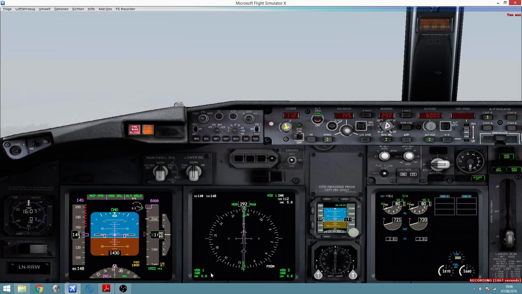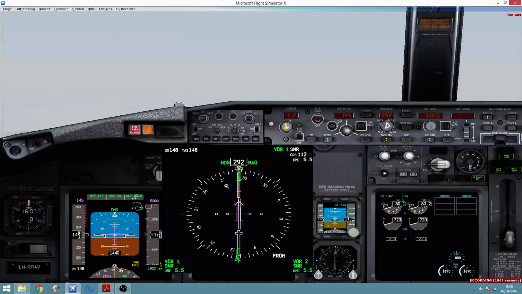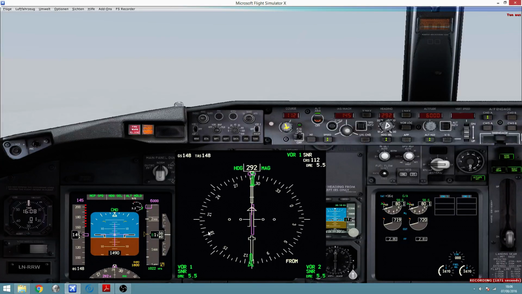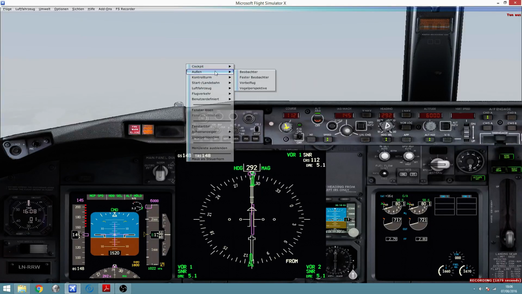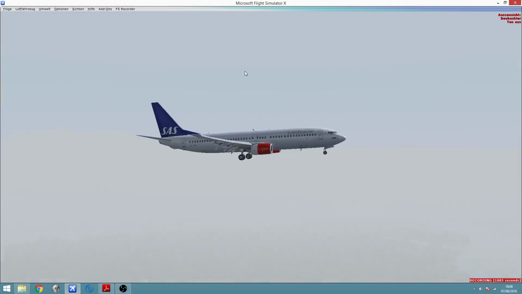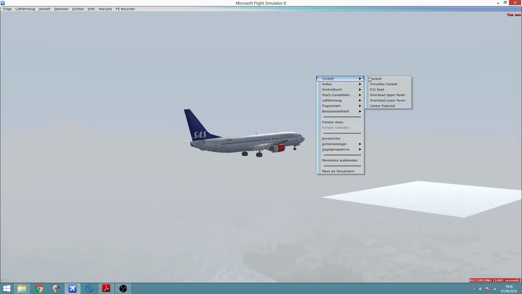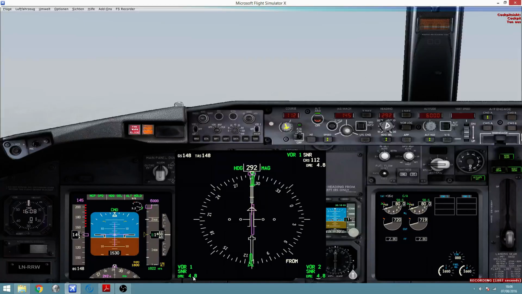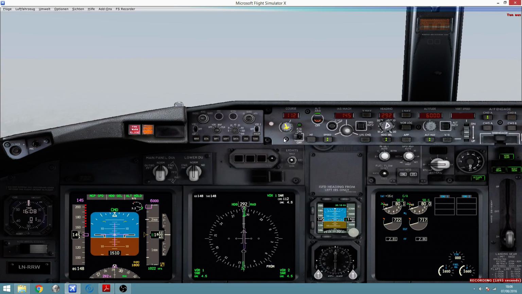So 5.6. We're approaching the missed approach point. We can't see the runway. It's all very foggy out here. Very poor conditions. Okay, 4.8, 4.7. So the captain would say, okay, so go around flaps, and then I click on level change